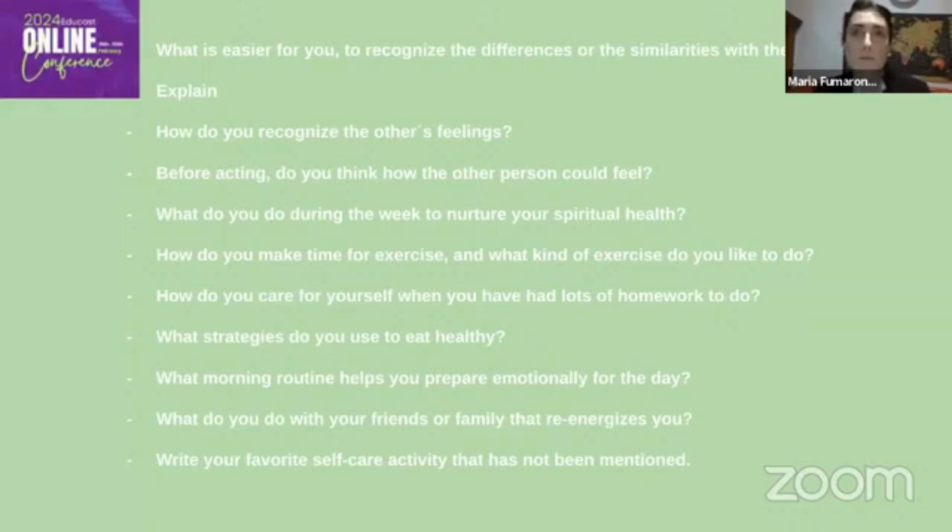Some people prefer to meditate, to do yoga, to play sports, to watch series, to read a book, to be in silence for a while, to chat with their family or friends, to cook, to write, to take photographs, to walk in the park. Then, how do you make time for exercise, and what kind of exercise do you like to do? Again, according to the culture, the customs, the possibilities,